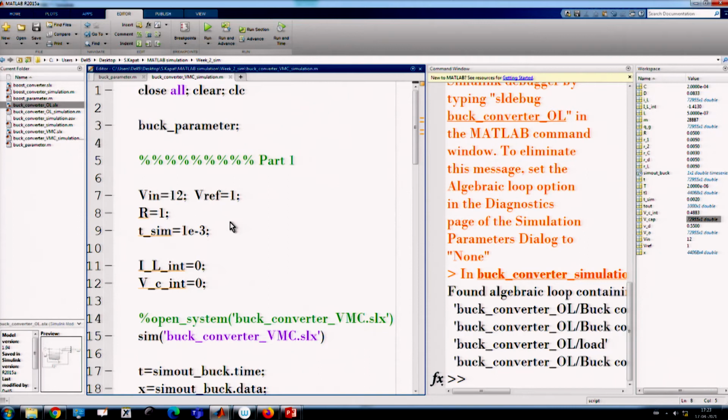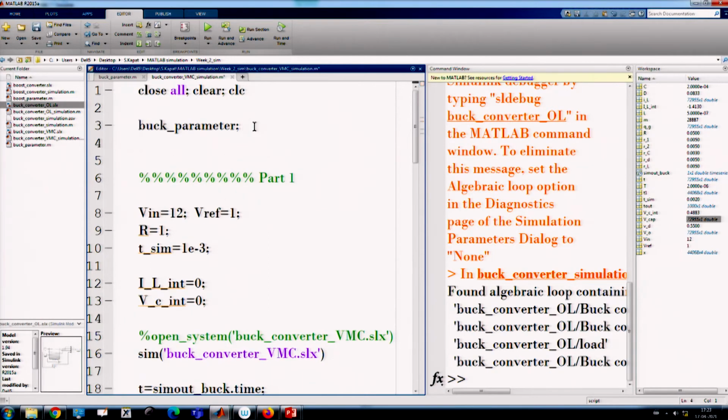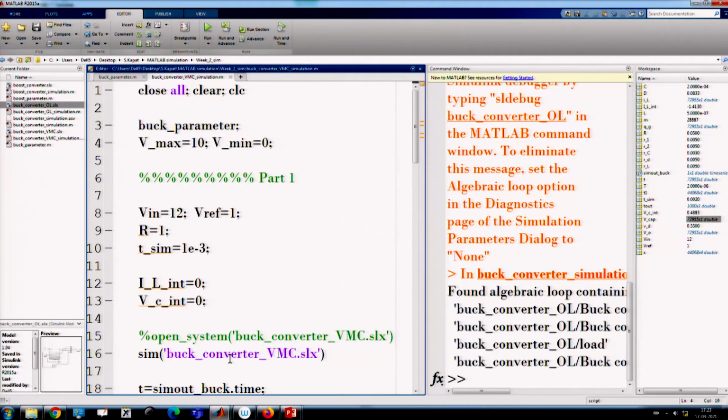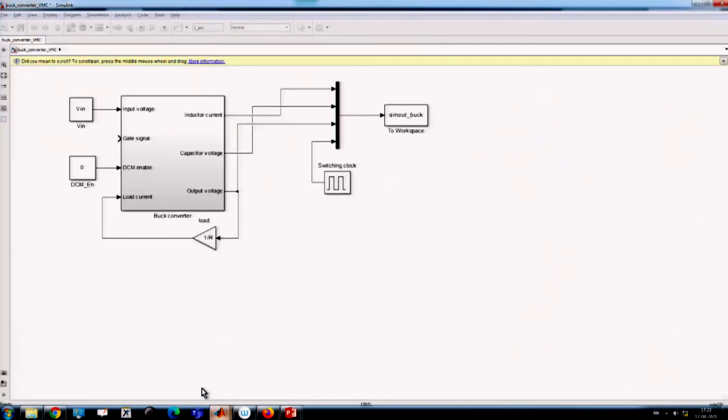First we have to set some other parameters: Vmax equal to, let us say, 10 volt, and Vmin equal to 0. This is for the ramp, and the time period is already defined as 2 microsecond. So, this is enough.